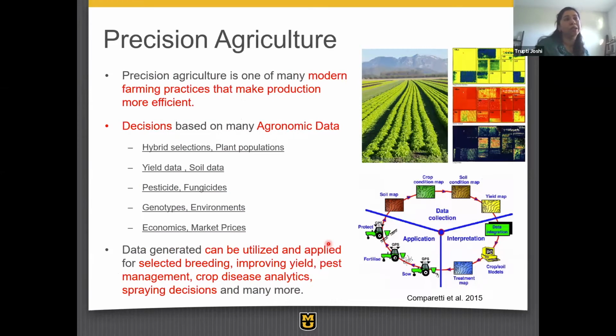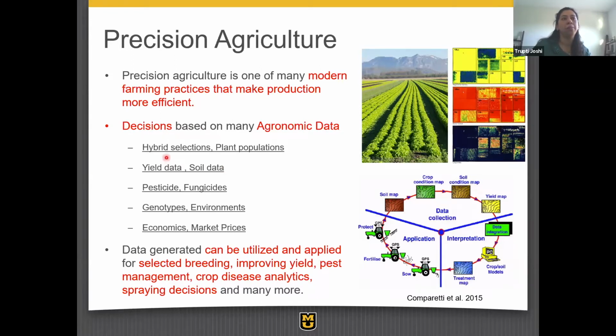So everyone working in this field, I think, already has a pretty good sense of how and where agriculture is headed. There's a big focus on modern farming to apply more and more techniques based on available data or information to go towards precision agriculture. And so a lot of these decisions are made based on the agronomic data sets. You're seeing here fields where certain crops are being grown in certain areas, or there is information about the soil quality and so forth.